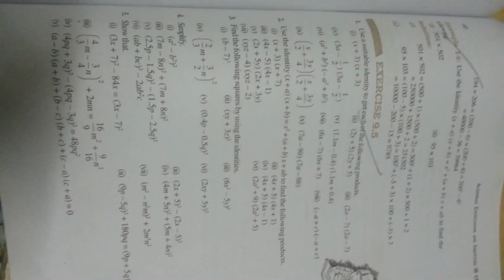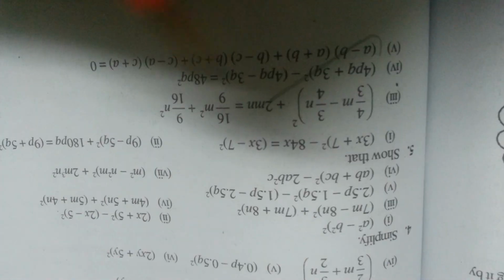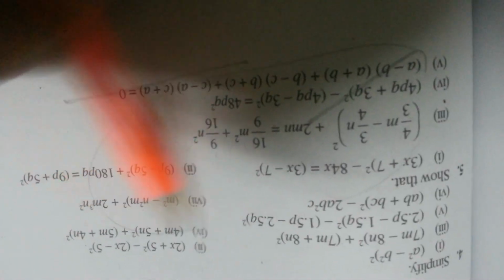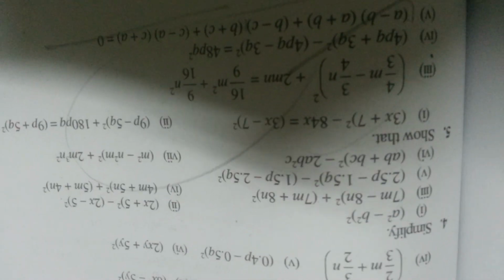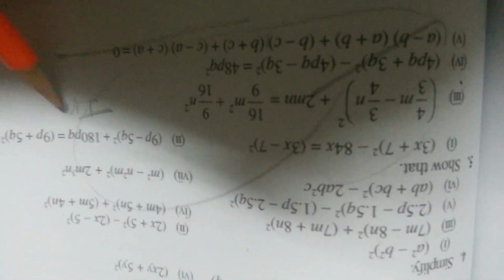Have a look at these questions. If you do even two parts out of each question, you will manage, because you will have the basic idea of what to do. See, in this, the fifth part is important. Then the "show that" questions are very important because you have to prove them. These can be asked. I'm telling you, these can be asked. Mark them as important. Just write here important.